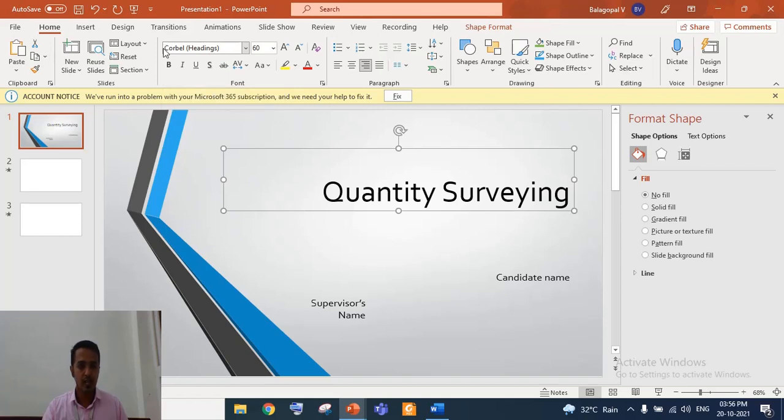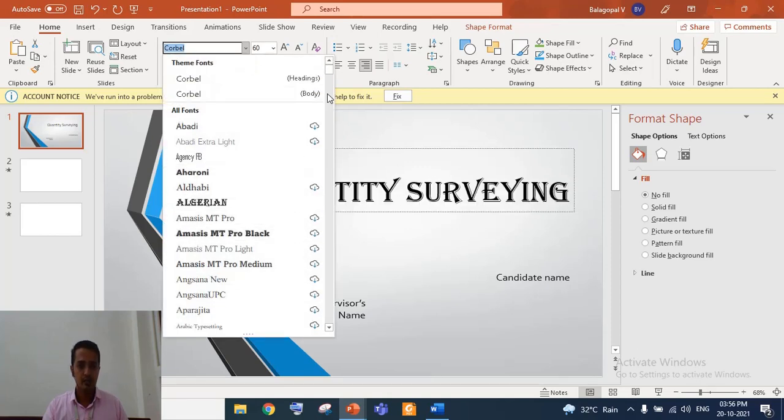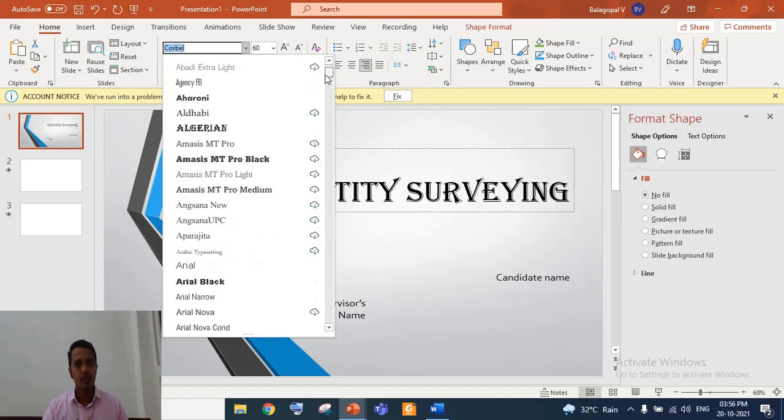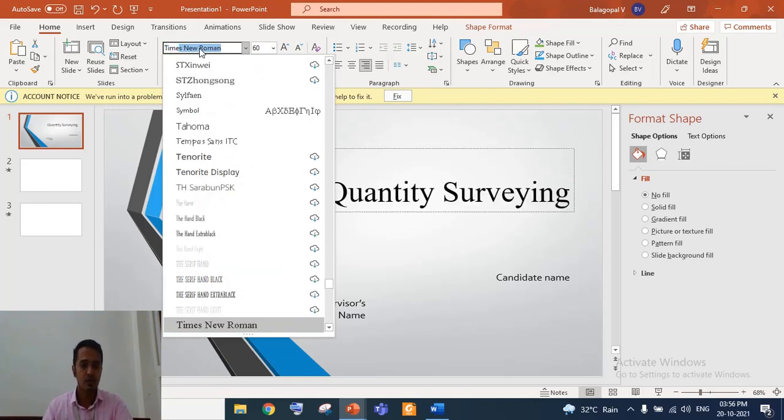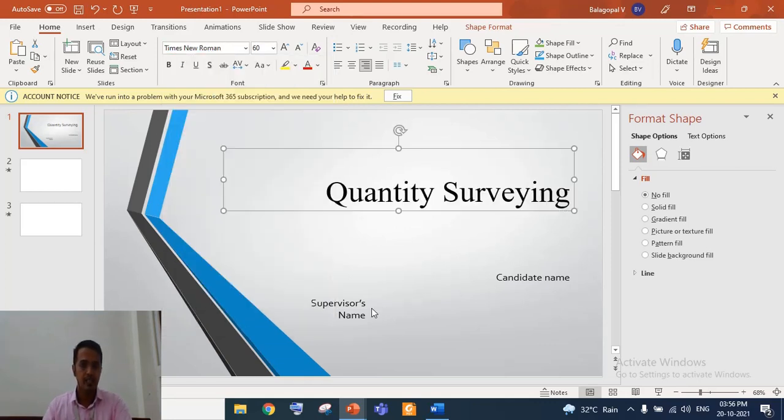You can see the font name here. If you want to change it, you can go through the different fonts available in the library. So in the guidelines, it is mentioned to use Times New Roman, so you have to type Times New Roman and select it.